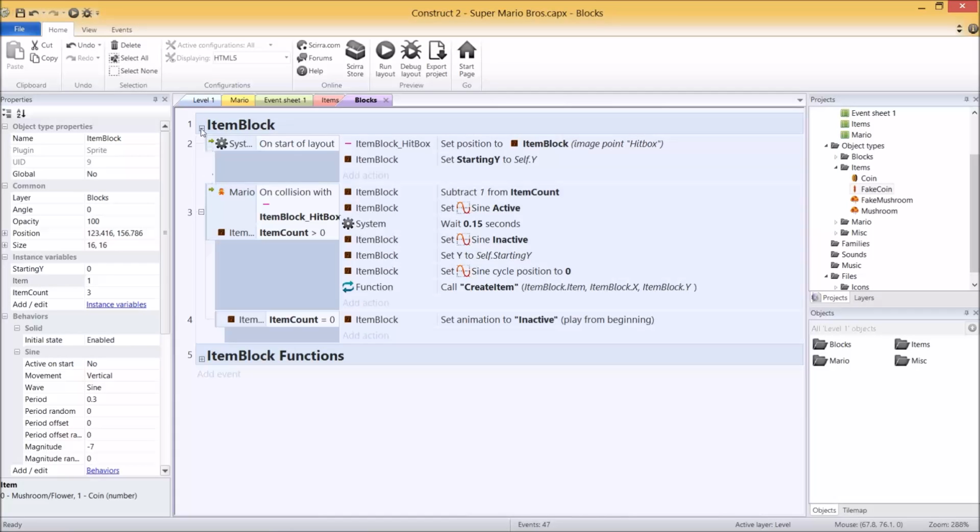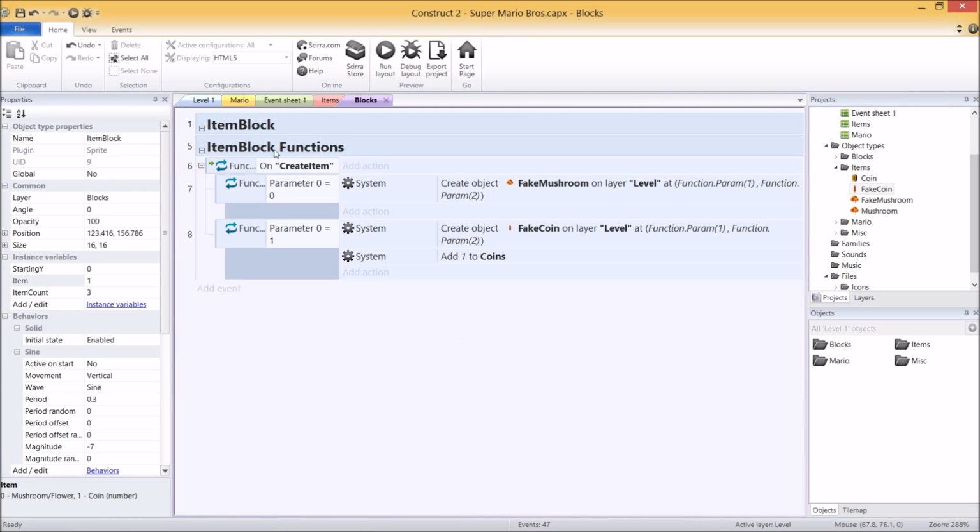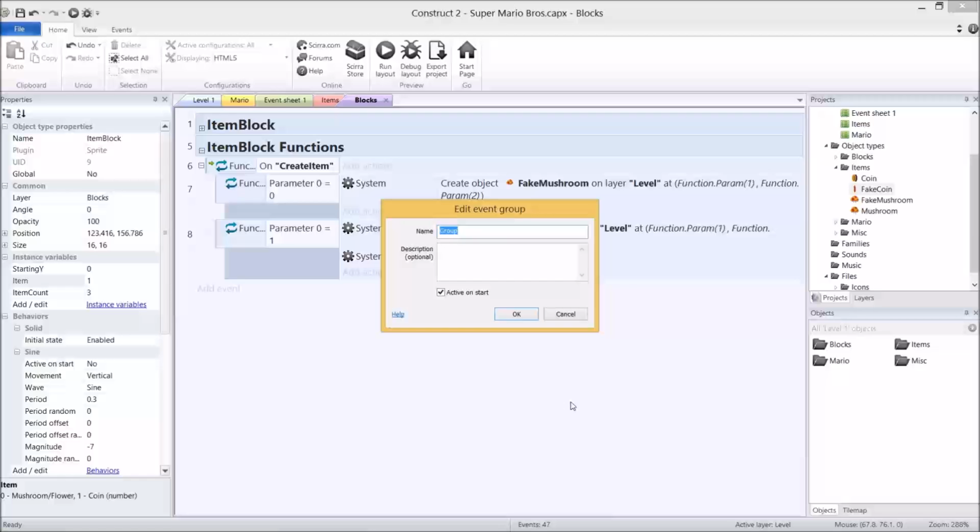Anyway, so what we need to do now is track whether or not those items are going high enough and then delete them when they've sort of done their dues. So I'm going to create a new group down the bottom. Sorry if I've gone too quick with this. Please make sure you control the speed of the video to what you need. I'm going to call it fake items.